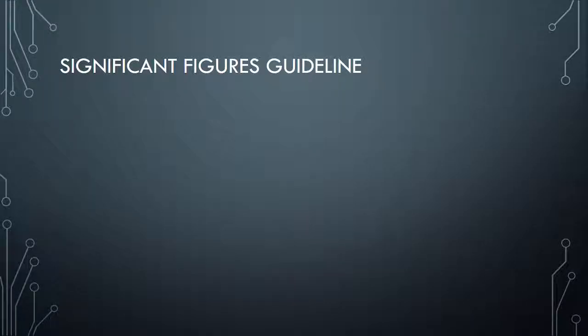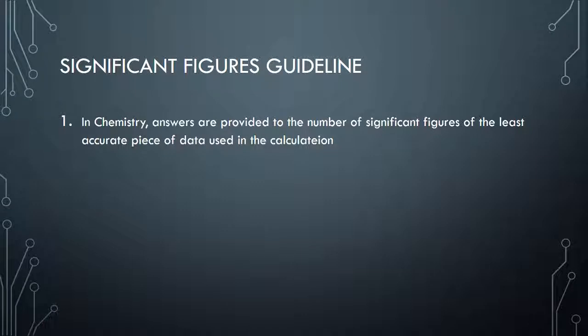Okay. Now I thought it's about good timing to look at significant figures, and if you have been told about guidelines, that's good, but if not, here's what it is. So in chemistry, answers are provided to the number of significant figures to the least accurate piece of data used in the calculation. So for example, when you look at the previous question, the example question that you might have done already in the previous video,